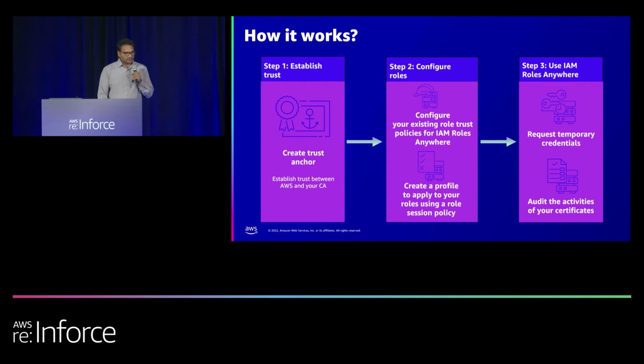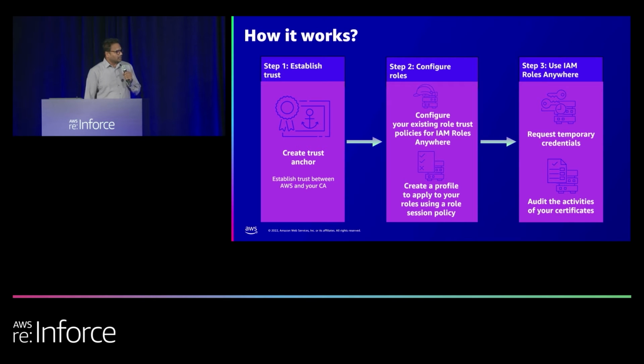Once you have these passed, IAM Roles Anywhere will vend temporary credentials that can be used for accessing other AWS services. We also support an aggregated audit of all the credential transactions that are happening. So this is in addition to what you get in CloudTrail. You already have a CloudTrail event of the authentication action, but